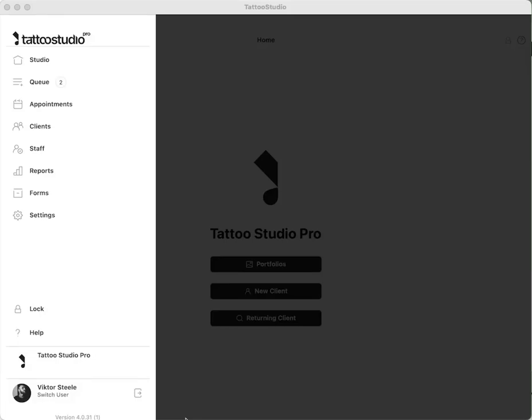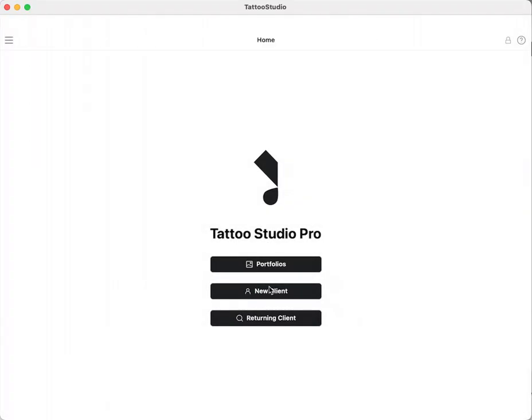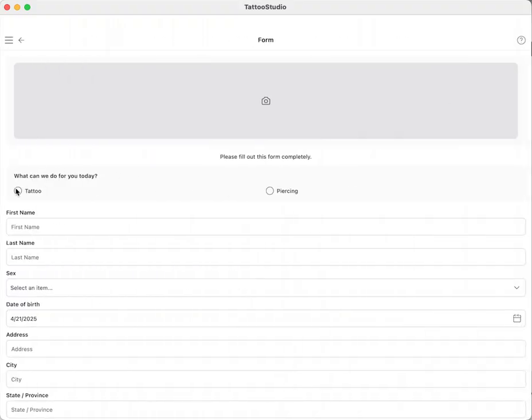In this video, we're going to talk about managing the services you offer. To access the services, we'll get to them through the settings. Before we get into the settings, actually, I'll just show you the new client intake form. This is where your services will appear by default. Out of the box, we have tattoo and piercing enabled for all studios, and you can modify this if